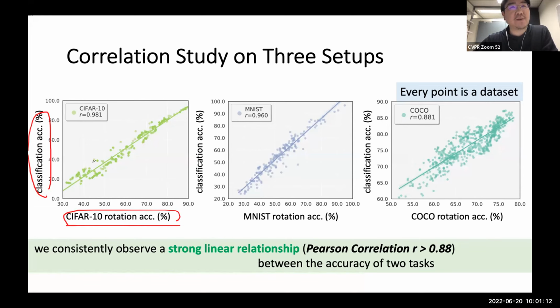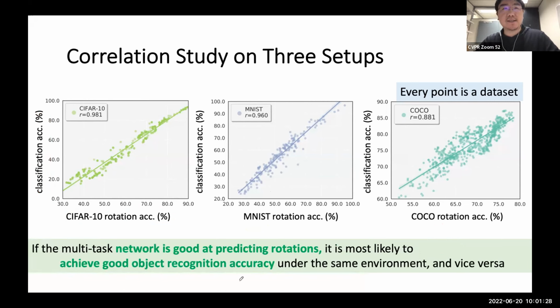This relationship applies to other domains as well, for example CIFAR-10, MNIST, and COCO. It suggests that if our network is good at predicting rotations, then it is very likely to be good at object recognition under the same environment.